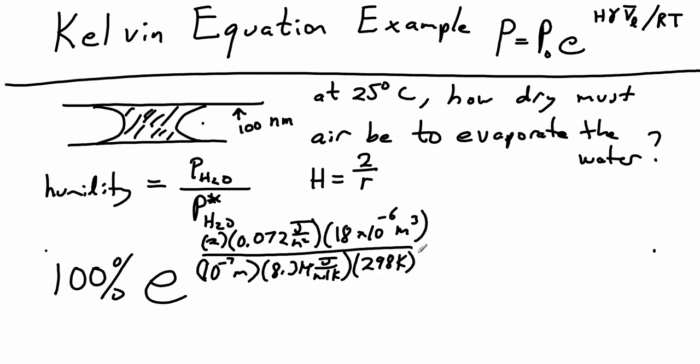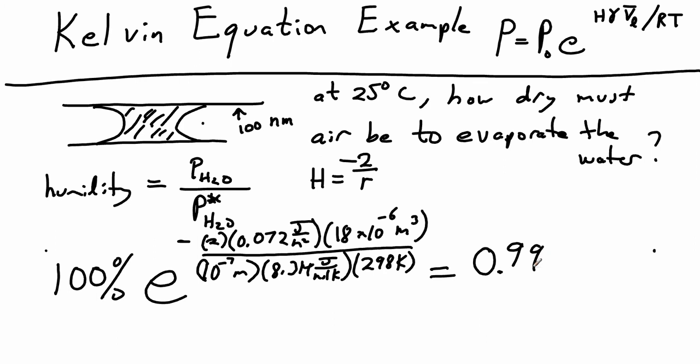And I'll leave it as an exercise for you to see that all these units cancel, because we have to have something unitless before we take the exponential. We have to be a little bit careful when we do this. The curvature here is negative 2 over r because, as I mentioned, this is a negative curvature. So that means we end up with a negative sign over here. And this comes out to 0.99, which means that